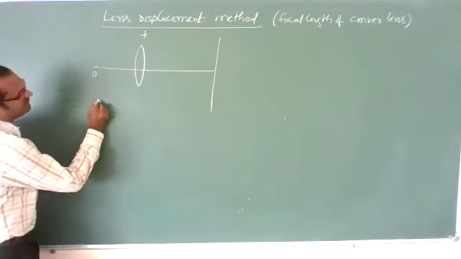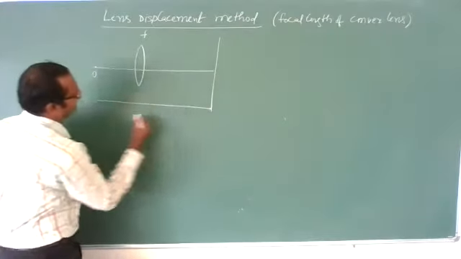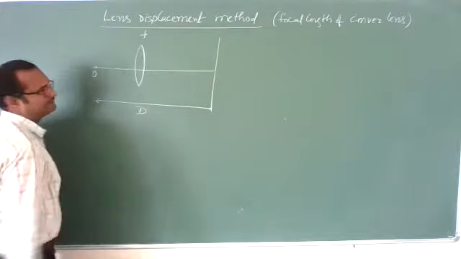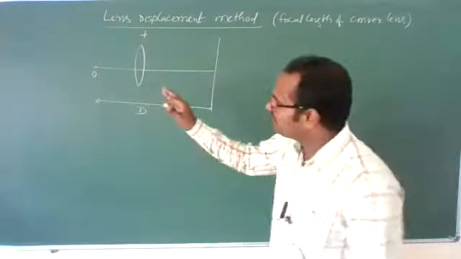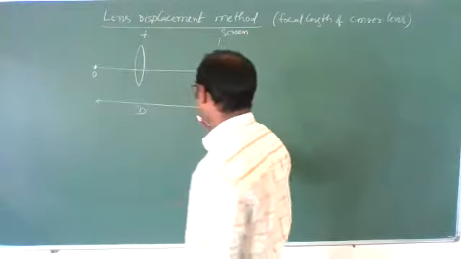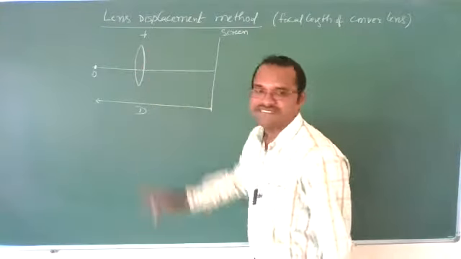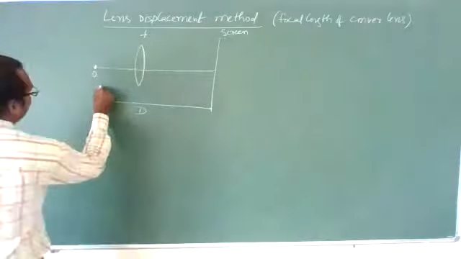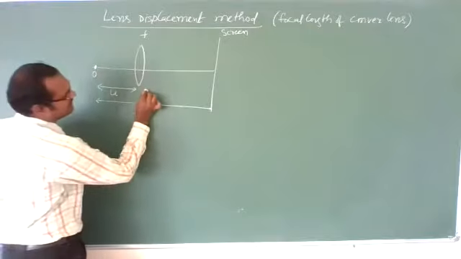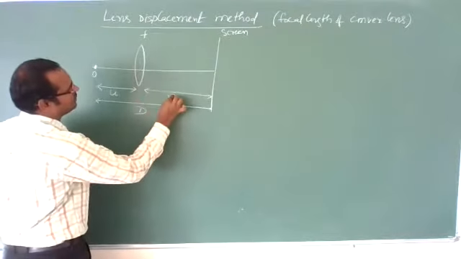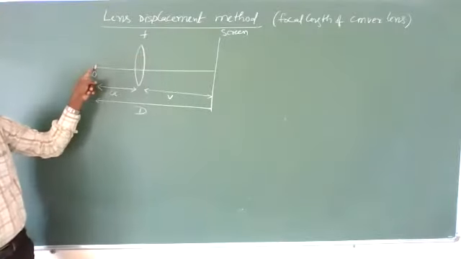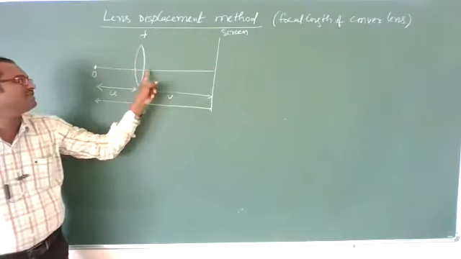And the distance from the object to the image, we will make it fixed. This method I am explaining for you. Let us imagine the distance from the object to the screen, this is the screen, is capital D. One lens is placed here. Now this distance we call the object distance, you know. And this distance we call the image distance, v, because the image is forming here. Somehow we have kept this lens in a position such that the object has formed an image on the screen. This will be the image distance v.